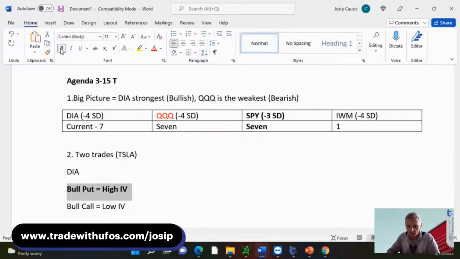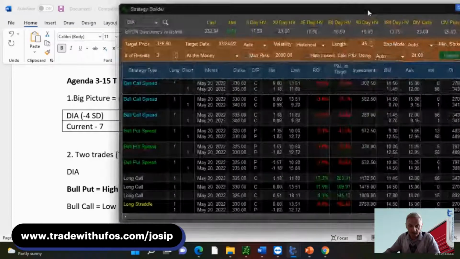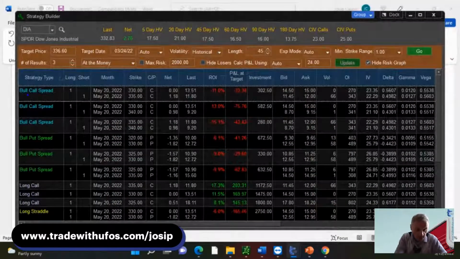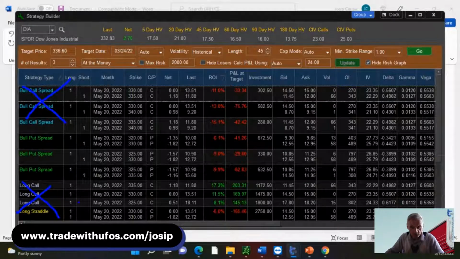Do we have a number of things to choose from? Yeah, we have different strike prices. I can pick at the money, I can pick out of the money, or I can pick in the money, which is a little bit more aggressive, right? And we'll work up to that. This is where I need to bring this back and point out to you, do not look at all these other possibilities, such as the bull call spread. They're irrelevant to us. Do not look at the long call. They're irrelevant to us also. What we really need to pay attention to is only this section right here.